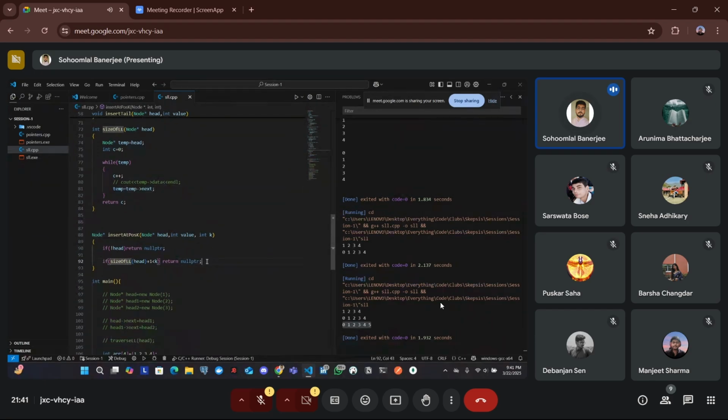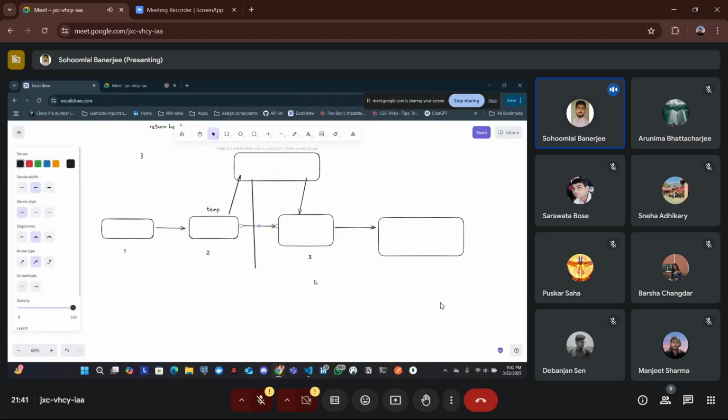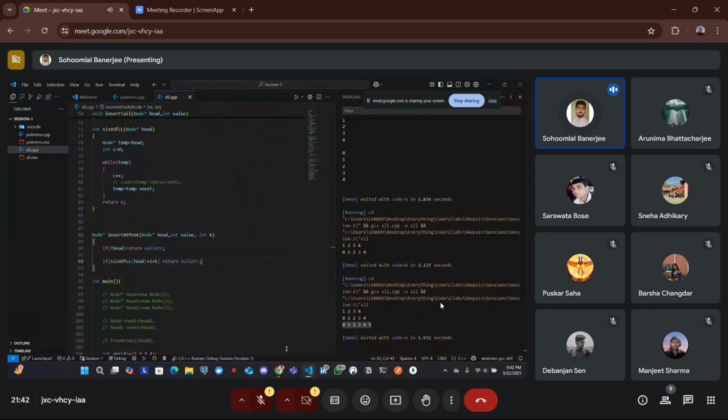So now I am getting the size of the list, and if it's exceeding the present length plus one, then there's no sense, because the size after insertion will be increased by one, right? So if it's more than the present size plus one, then it's not a feasible index